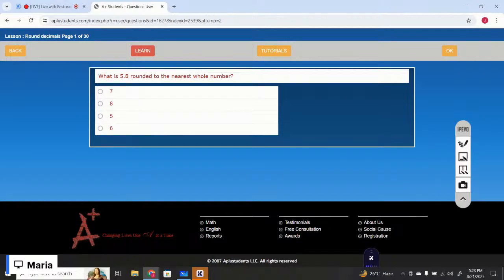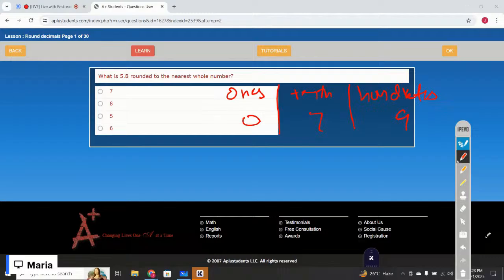What is 5.8 rounded to the nearest whole number? You need to round it to the whole number, right? 5 is the whole number. The number that is right next to the decimal point is 8. 8 is greater than 5, so you need to round up. 5.8 is rounded to 6. Add 1 to the whole number, so it will be rounded to 6. So the correct option is